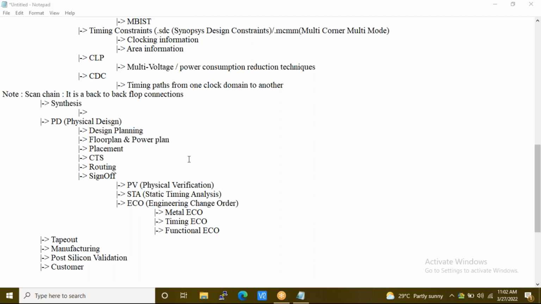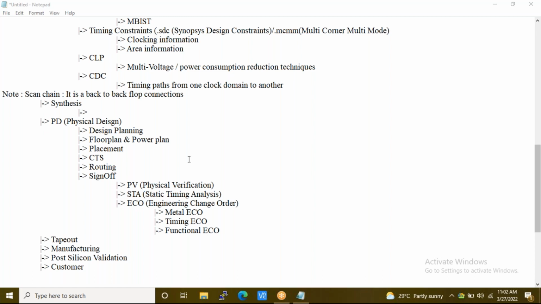Please note that we have a 2 months basics foundation course where all these concepts will be covered from scratch. We will start even from the basics, like what is an AND gate, what is an OR gate, what is a multiplexer. At that level we'll teach. Then we'll also teach about the fundamentals of the ASIC flow, what happens in the front end domain, what happens in the back end domain, how each aspect of the flow is related to each other.